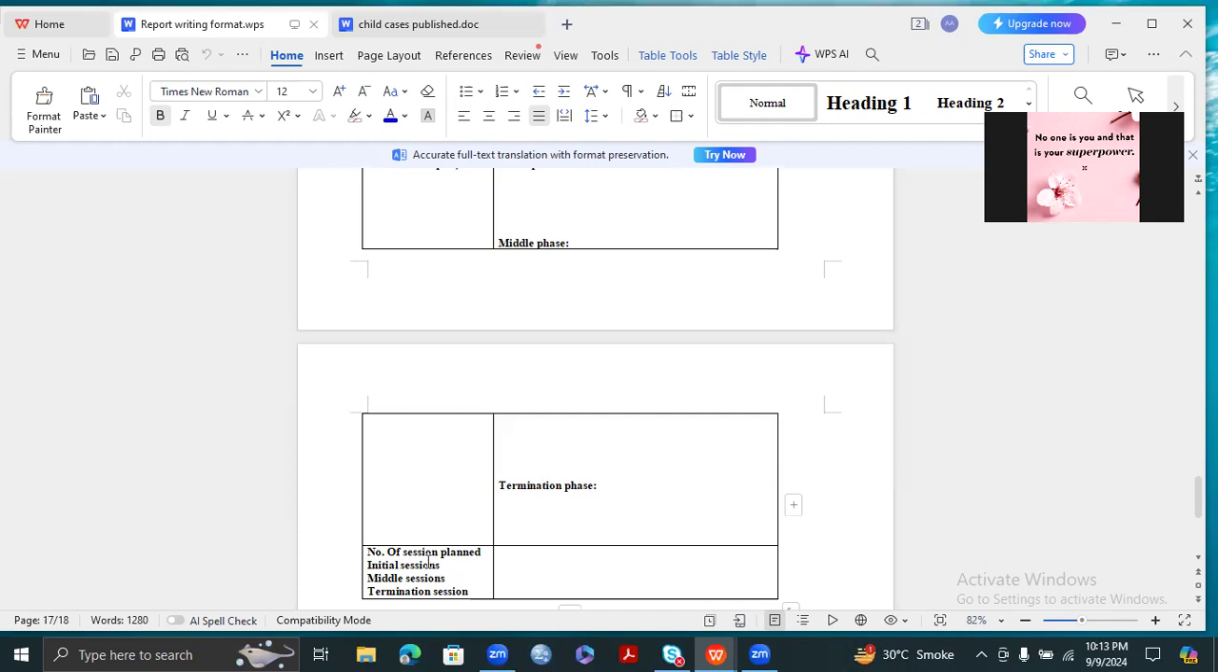Then comes the number of sessions you have planned and you actually have done. So each number of session in case of initial sessions where you have done your clinical interview, where you have taken the history would be stated there. Then the number of sessions you have done overall in your middle section will be mentioned. Then whatever the time you have taken, sometimes you may have to take 3 to 4 terminal sessions for the